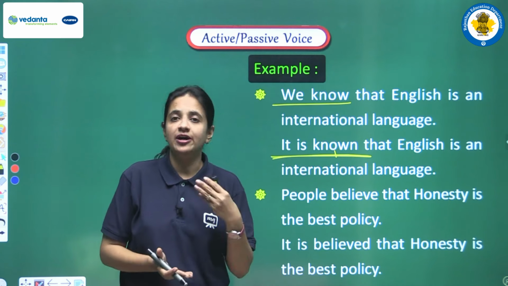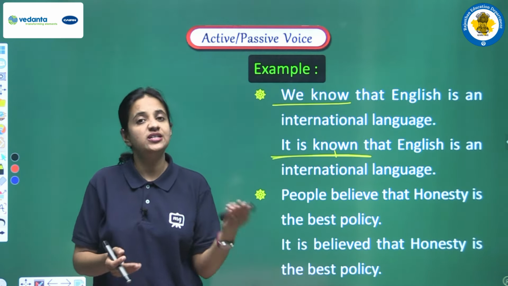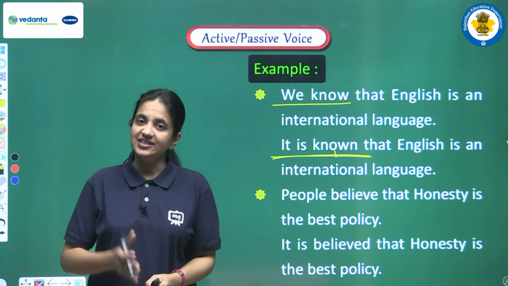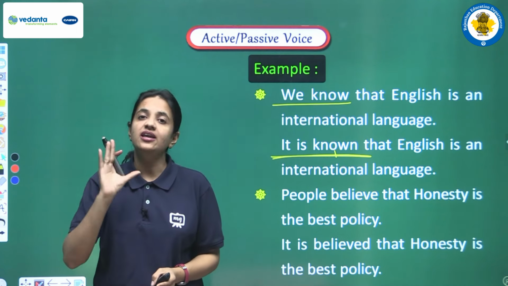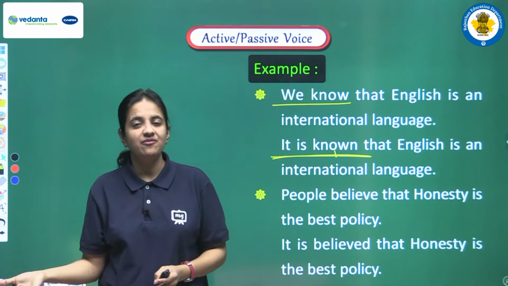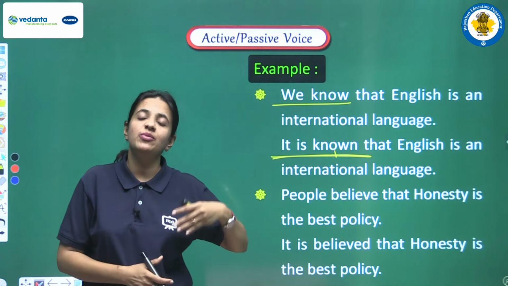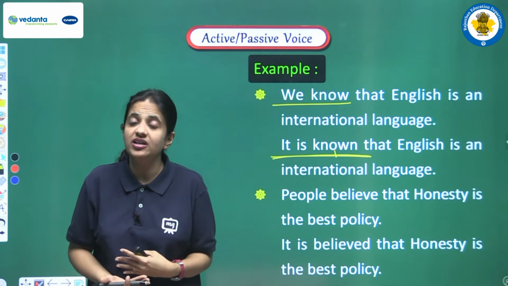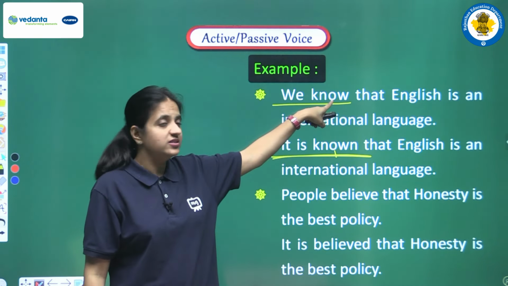So I am repeating one more time. If we are having two clauses in the sentence of the active voice, main clause and subordinate clause, then when we are converting that sentence into passive voice, we have to convert only the main clause. The subordinate clause will be as it is, उसको हम बिना चेंज किए as it is लिखेंगे, और जो मेन क्लोज है हम उसे कन्वर्ट करेंगे. कन्वर्ट कैसे करेंगे? द सेम रूल्स आर देयर. हमें यहाँ पे कौन सा टेंस दिया गया है?